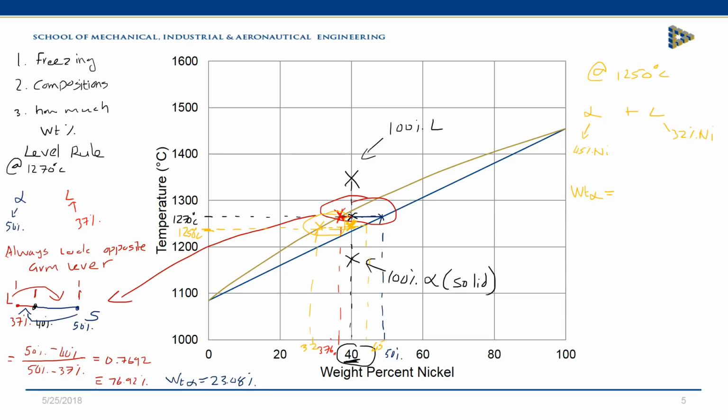My base alloy composition is 40 minus 32, the composition of the liquid, divided by the total length of the lever, which is 45 minus 32. Therefore, I've got 61.5% solid